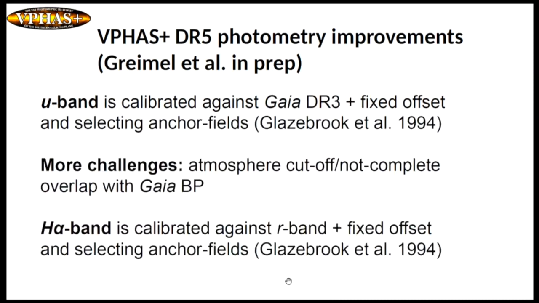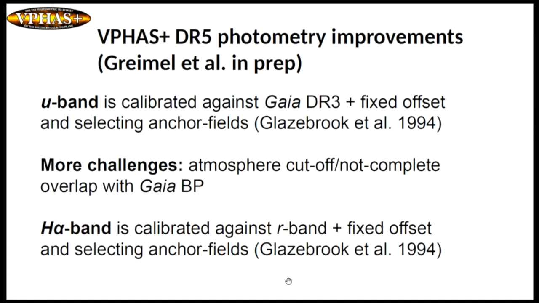So the U band is one of the most difficult to calibrate, because while the G, R, and I bands are covered by the Gaia filters, the U band is just at the edge of it. In addition to that, the U band also has a problem with the atmosphere of the Earth, so it's dependent on the weather conditions. But the calibration is working successfully, and is also being done by using this method described